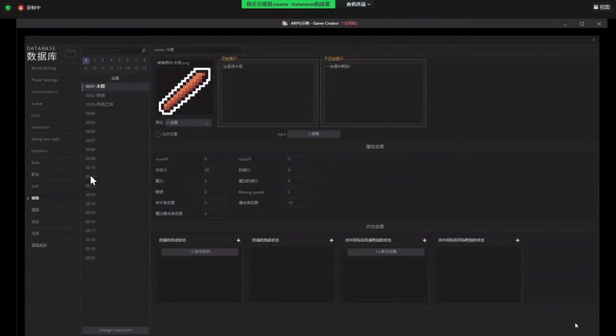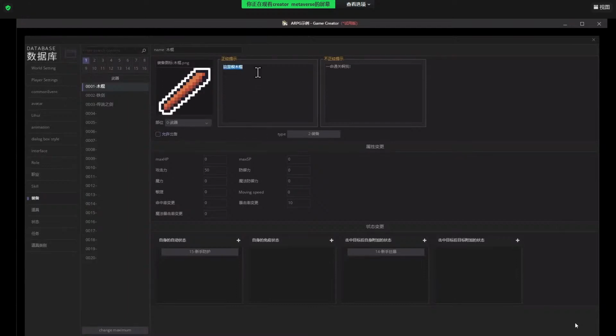Equipment system. Look at these sticks. It's quite familiar, huh? So these are the sticks we pick up from the first page when we land. Here it will decide which part it could be equipped as an equipment, on the head or on the body or on the foot or as an apparel. So this one is a weapon, so we set it as a weapon. And we can choose if the player could sell it, and it could sell for 9,000.